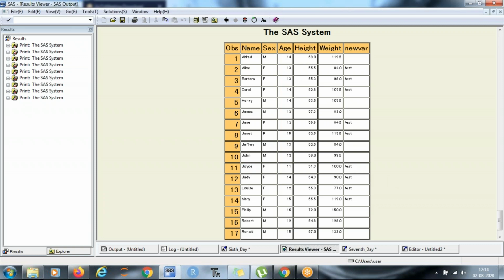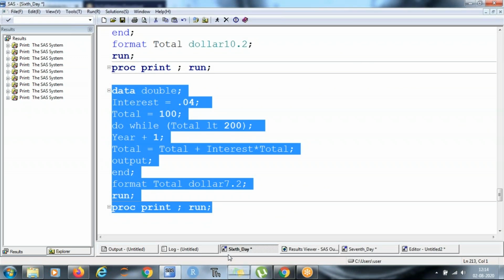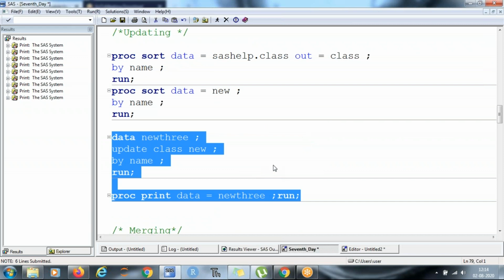And that new information could be a new column or could be a new data point or data value. समझ में आया?